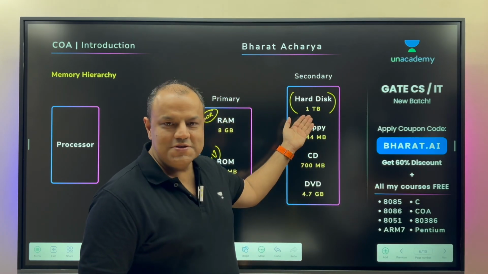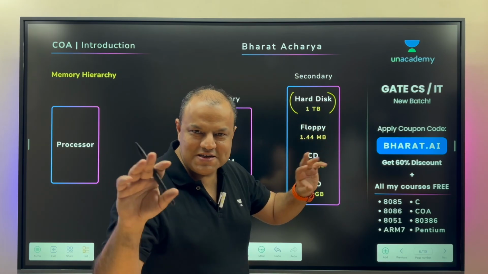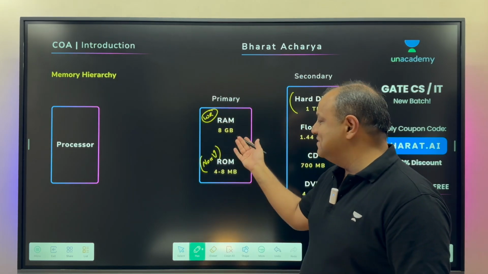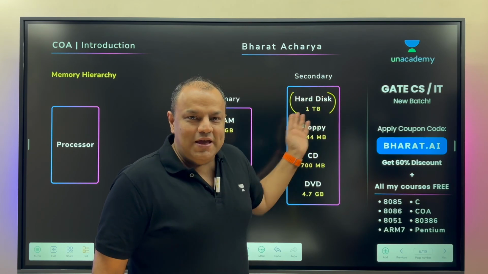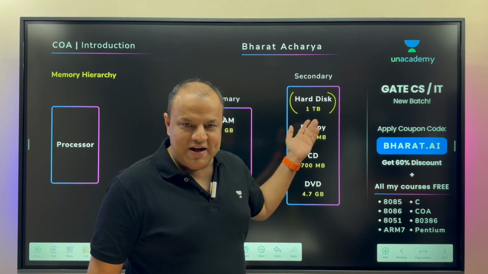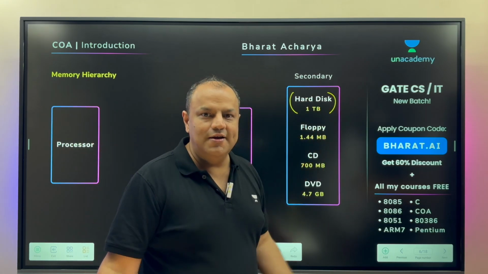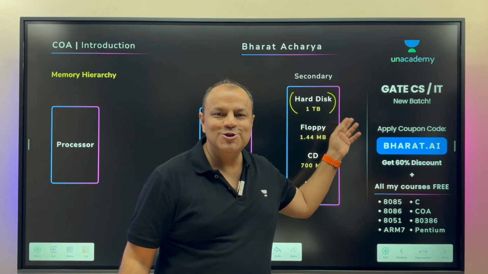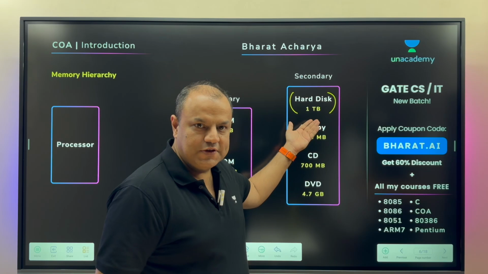A few thousands, let's keep it simple. A few thousands is the cost of hard disk. 2, 3, maybe 3,500. So pretty much in that same region. But look at the storage capacity. This is 8 GB. That is 1 TB. You do the math, it's 125 times or something like that. Yeah, correct. So it is so much bigger in terms of storage capacity, but costs the same, which means it's 100 times cheaper in cost per bit if you do the mathematics. So hard disk is cheap.